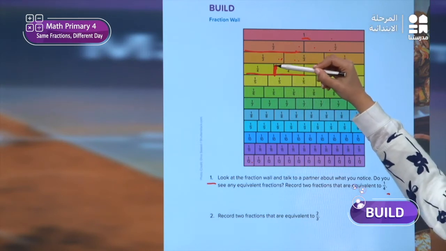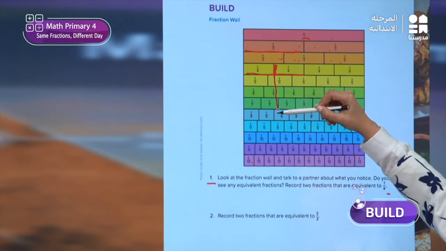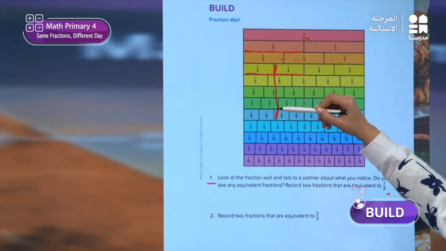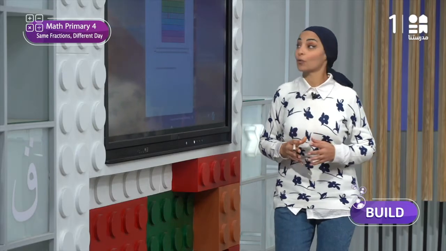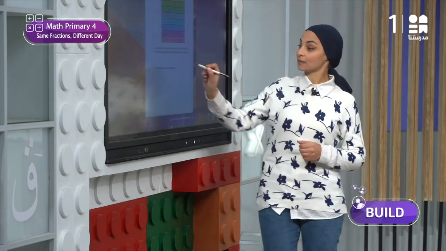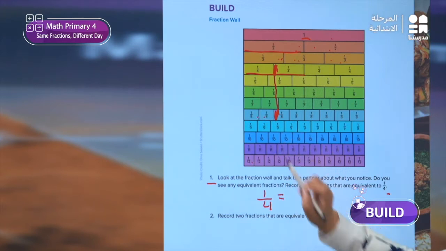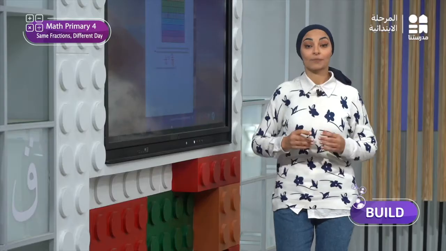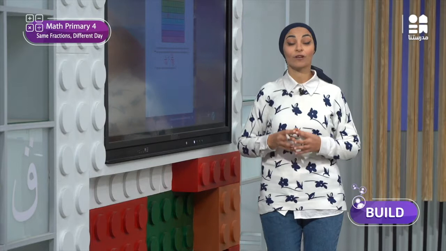تعالوا كده نشوف مع بعض. When I go down I will find what? Yes, I will find, look here, this line is opposite to the same line. So, what is the equivalent fraction to 1 over 4? Yes, I will see that 1 over 4 is an equivalent fraction to what? 2 over 8, right? طيب تعالوا نشوف in order to find another equivalent fraction لو عايزة أطلع equivalent fraction تاني